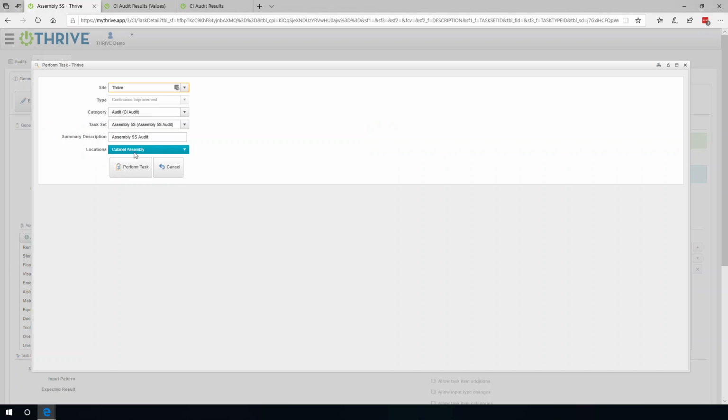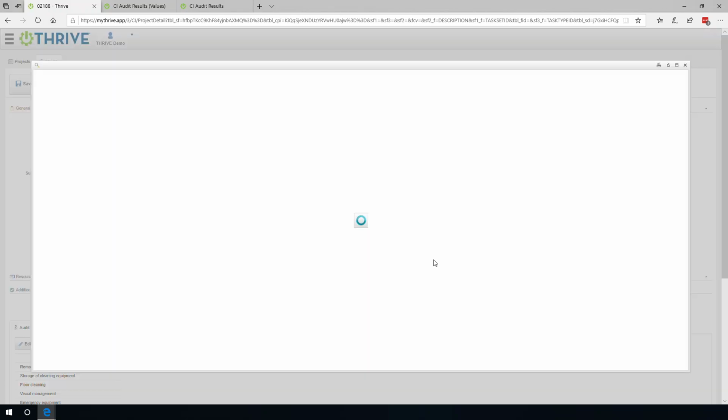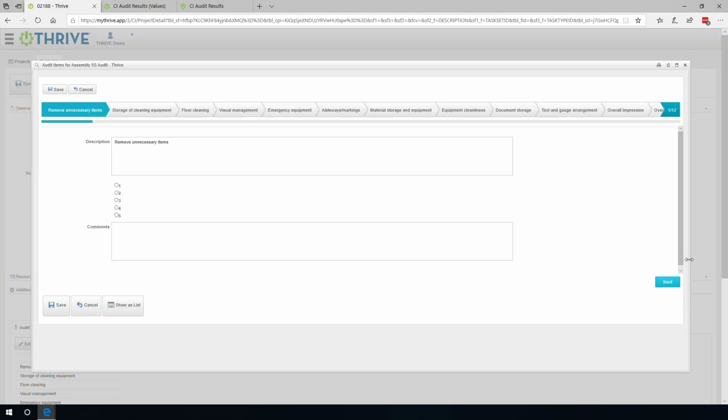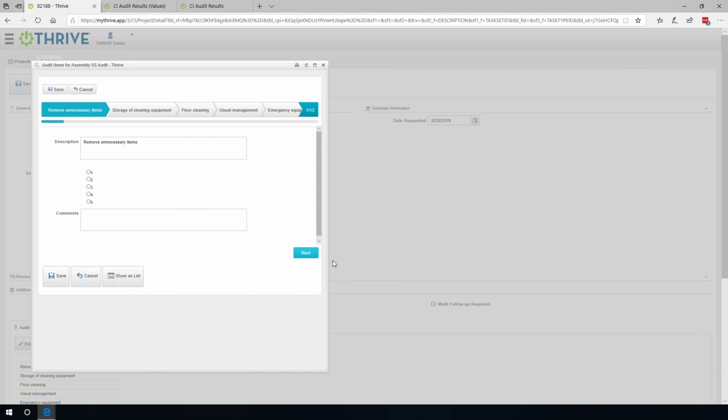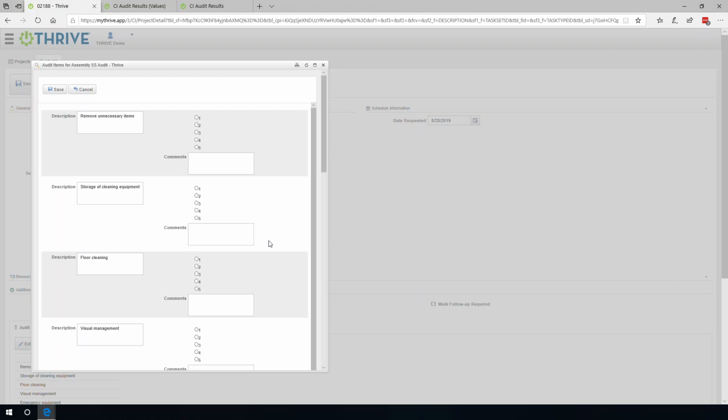And this will be for the Cabinet Assembly Department. We'll click Perform. It will bring up a project and a dialog box. This is the instance for which we're completing this. We can look at this in this view where we can click through, or if you're on a mobile device, you would be swiping through the questions. There's also a list view where you can look at it top down. So I'm going to do this list view